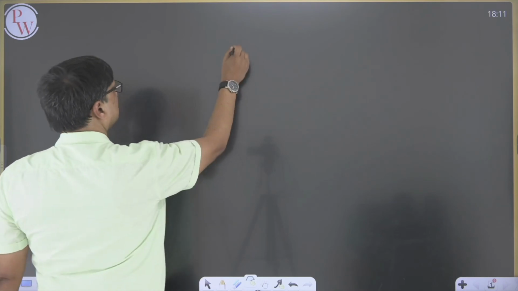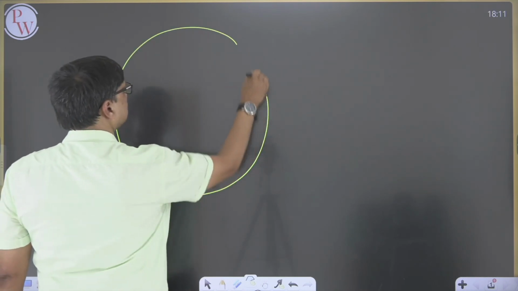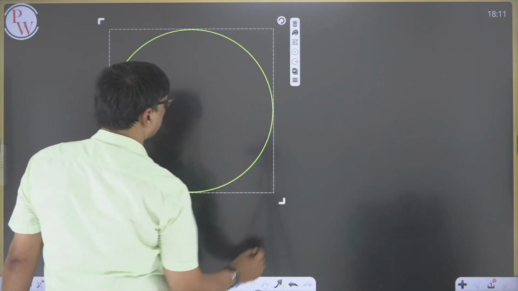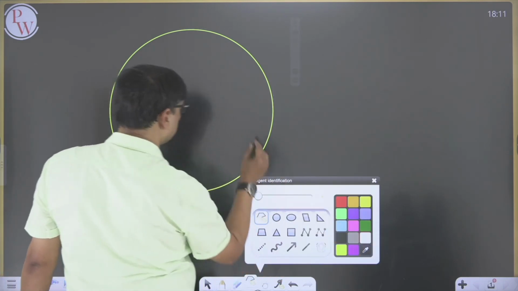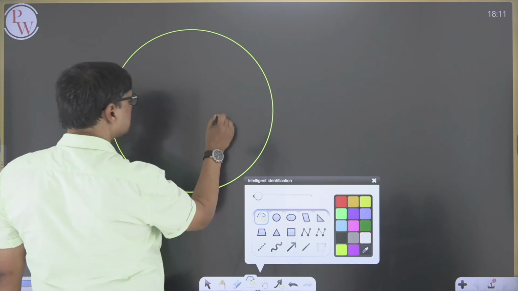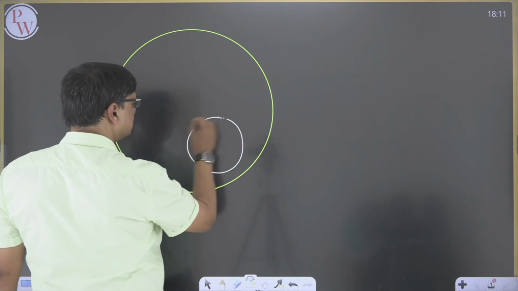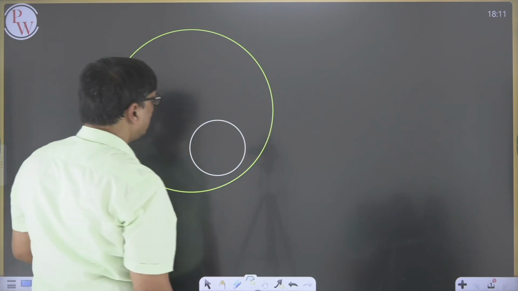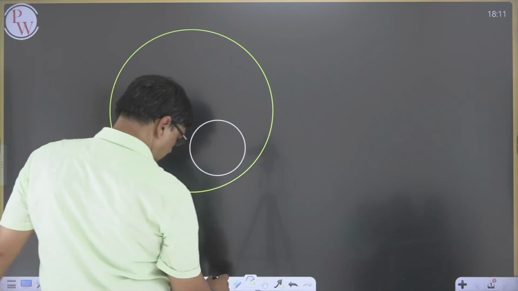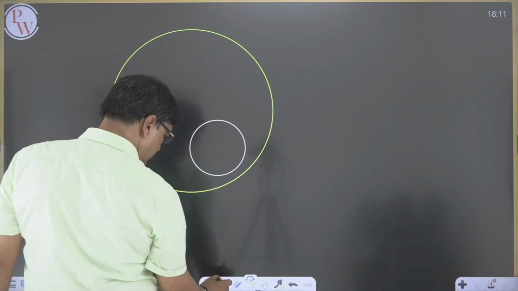Let us draw the body once again. This is our body, and let us draw the cavity now. The cavity is here, another spherical cavity. Now what will happen? What do we want to know? Let us draw this